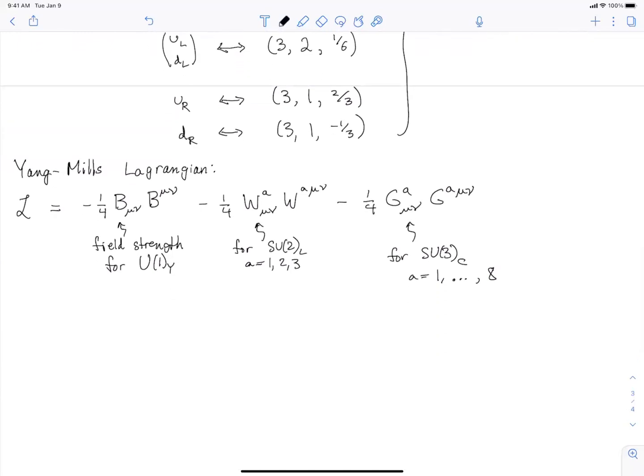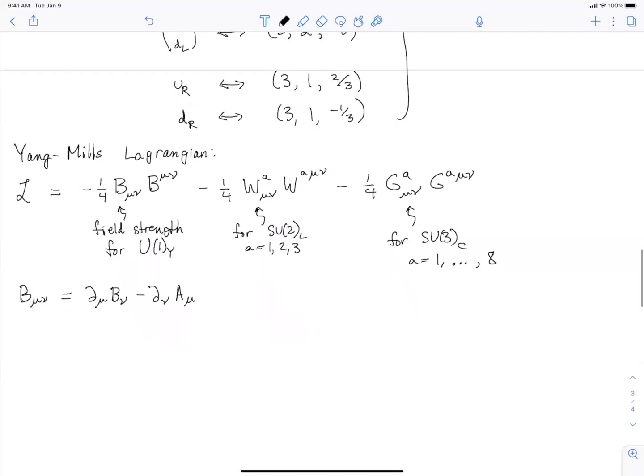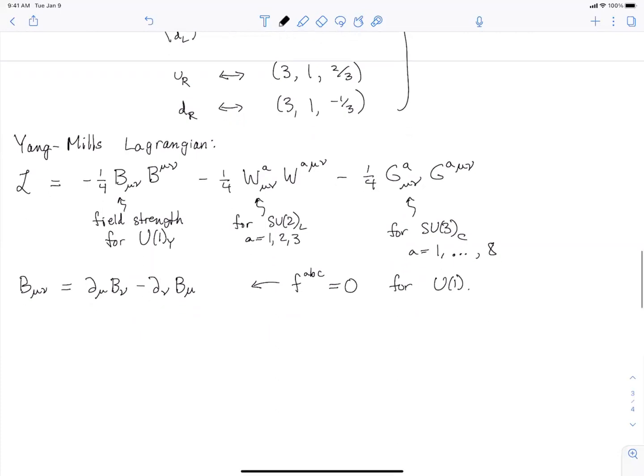Okay, so to be more specific about what these field strengths are, B mu nu is partial mu B nu minus partial nu B mu. There, the B with a single index is the analog in quantum electrodynamics of the vector potential, A mu. And this is antisymmetric. Oops, I should have written B there, not A. There's no extra part of this because the structure constants are 0 for U1, just like in quantum electrodynamics. But for the W's,